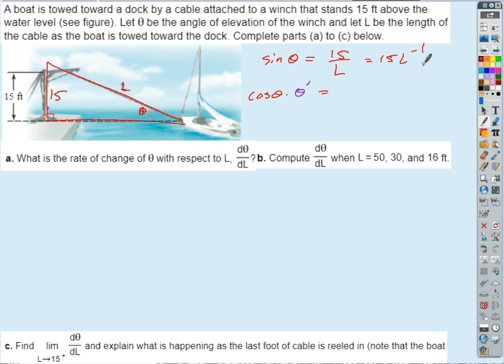Now, these aren't normal variables, but if I'm differentiating a function of L with respect to L, that's normal explicit differentiation, right? A month and a half ago, we would have done the same thing with X's instead of L's, right? So what do we get? Negative 15 L to the negative 2, right? And by the chain rule, if I went the extra step, I just get dl dl, which is 1. It doesn't do anything, right? So there's our answer with theta prime. If we write that out, we get,